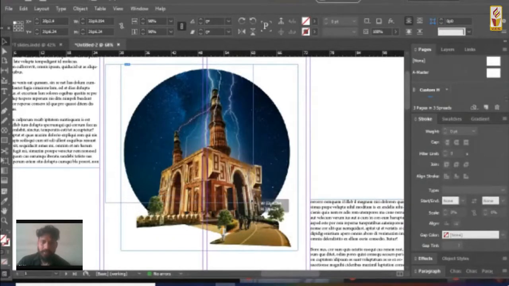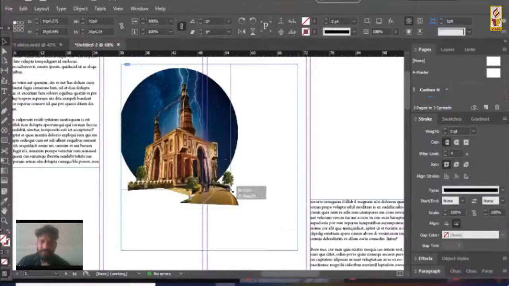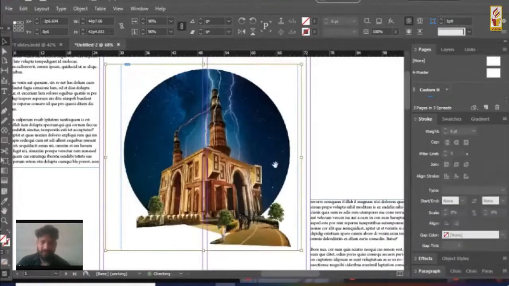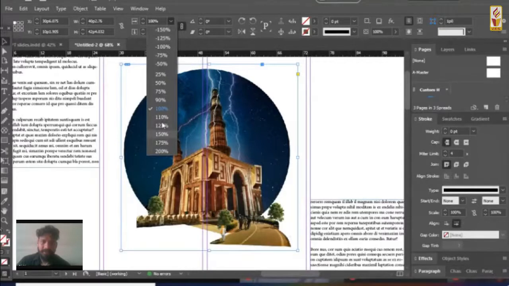So I actually don't need to press down the shift key. It maintains the aspect ratio. If I press down the shift key, it will release the aspect. Okay. So I don't want that. And now the inside image has been resized. I'll click outside, and then I can again change the box itself. And let me undo this. So I generally like to work with the percentage itself. You can type in the percentage, or there are some standard sizes which are there,